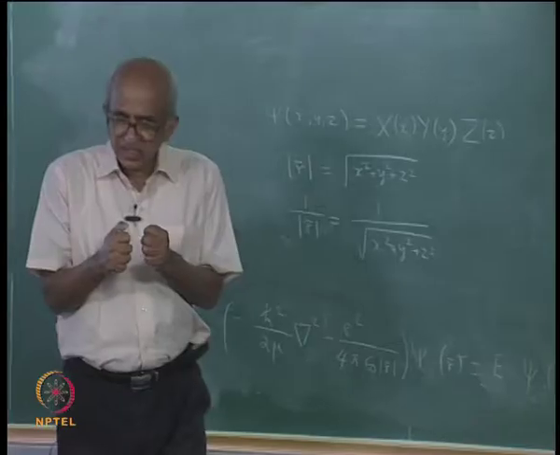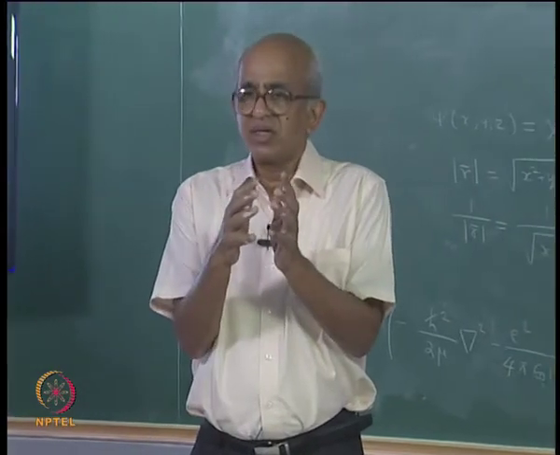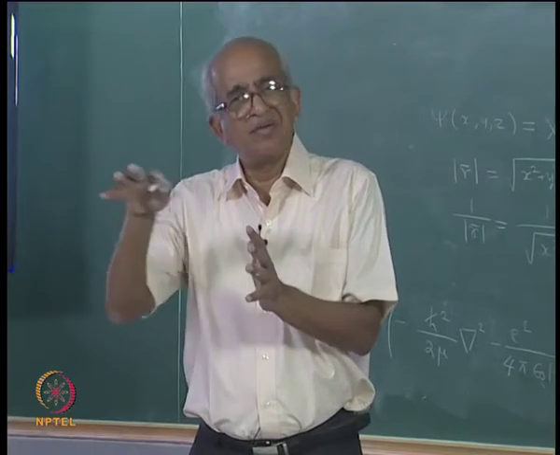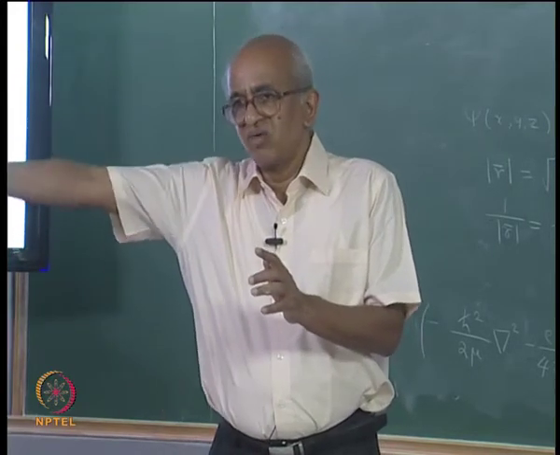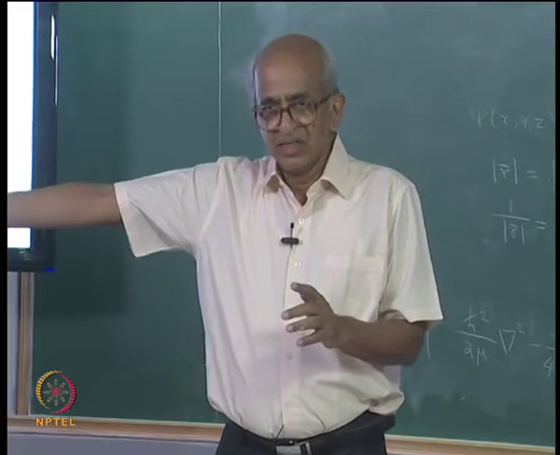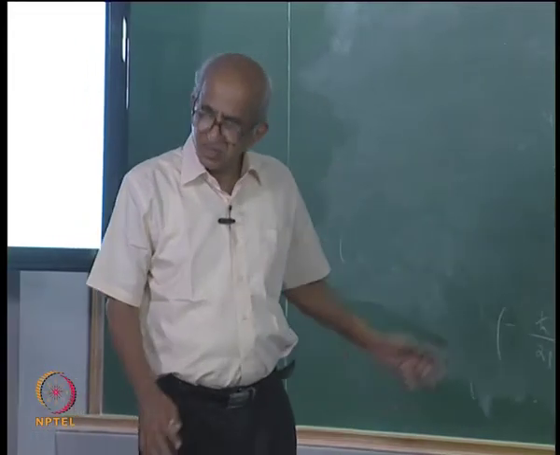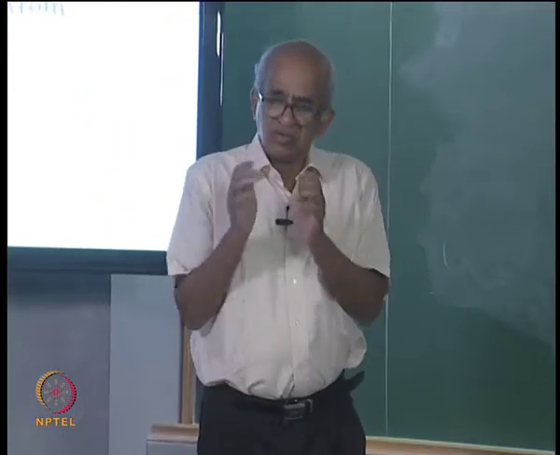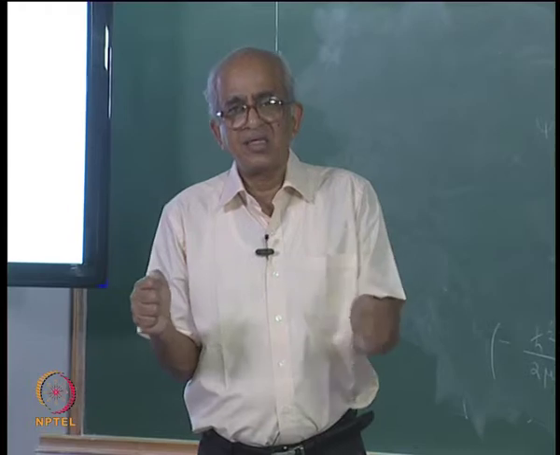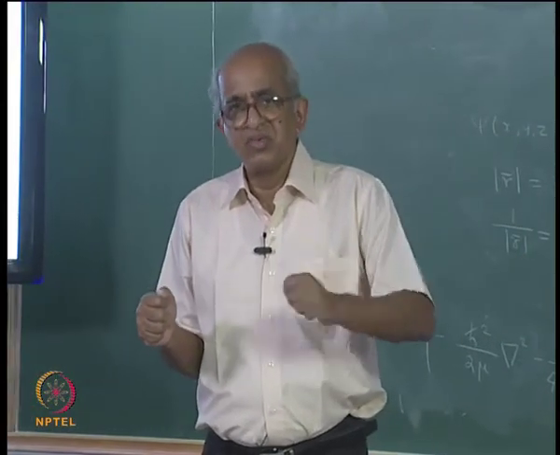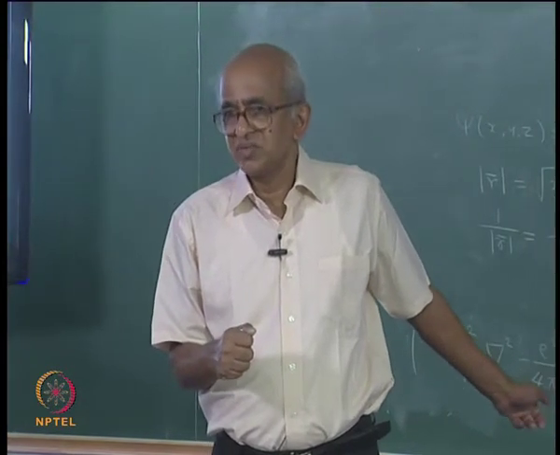See, if the method of separation of variables is to work in Cartesian coordinates, then it should be possible for you to write the potential energy of the system as the sum of separate terms, one depending only upon x, the other depending only on y, and the third depending only on z. That obviously is not possible with this potential, right. That is why the method of separation of variables will not work. If it was possible to separate the potential into 3 separate parts, one depending on x, the other depending on y, and the third depending on z, then it would have been possible to separate the variables in the Cartesian coordinate system, but that is not the way this potential is.